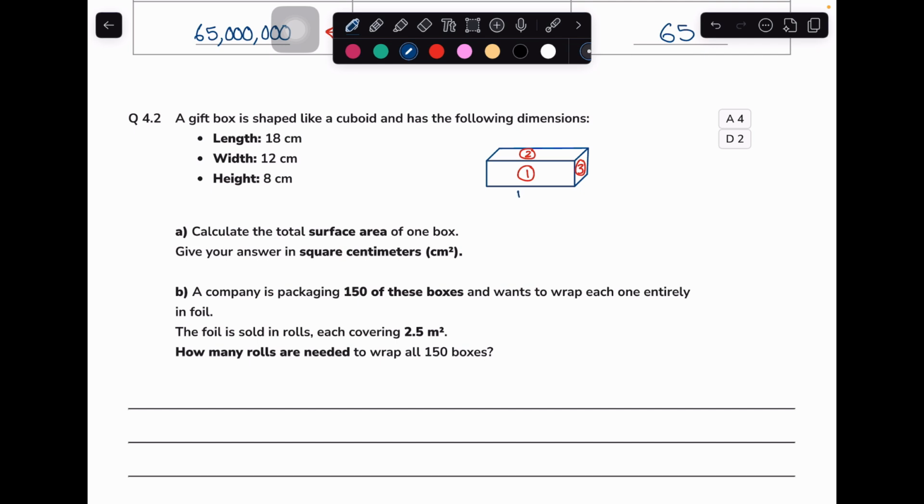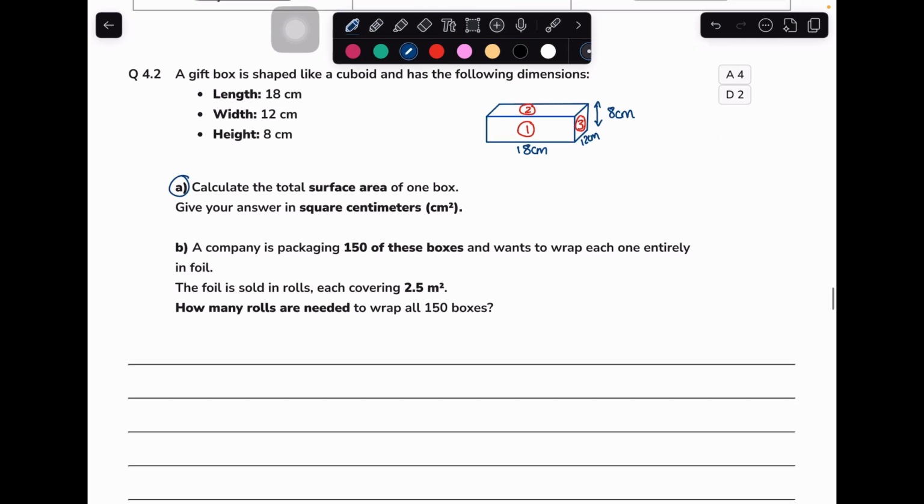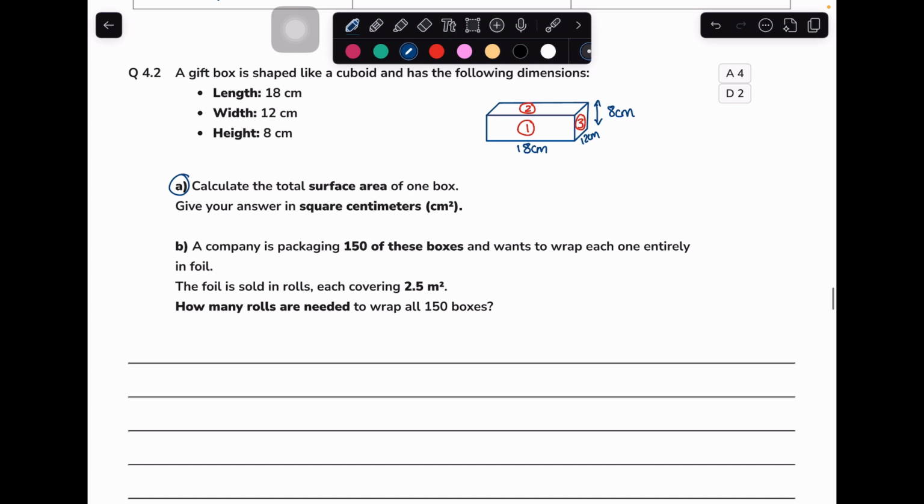So we have a length of 18 centimeters, a width of 12 centimeters, and then a height of 8 centimeters. Okay, so part 1 of the question is to calculate the total surface area of one box. So I want to work out my 3 different sides. So first one is 18 multiplied by 8, which would give me